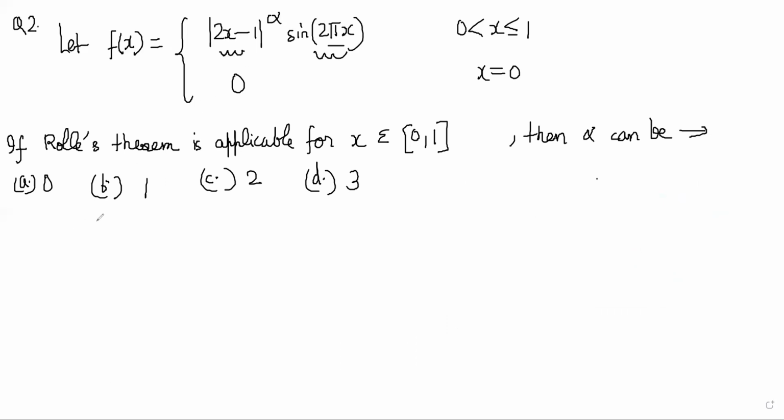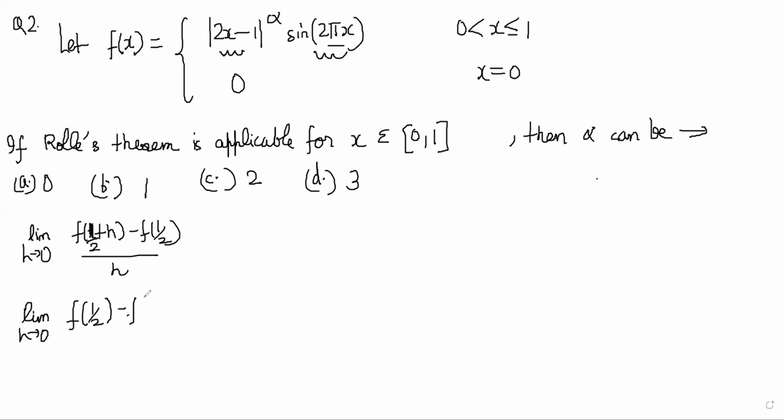Just before and just after derivative. So this limit RHD is basically limit h tends to 0 f of half plus h minus f of half, by h, right? And LHD is basically limit h tends to 0 f of half minus f of half minus h, by h, right? f of half is what? It is 0. So this is just limit h tends to 0 f of half plus h, which becomes